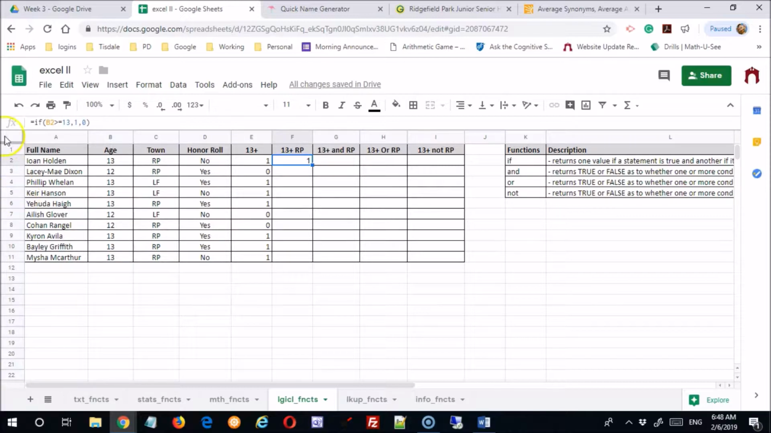So basically what I want to say is it's not good enough that you're 13, but you have to be 13 and from this town, RP. So if you're 13 right now, you get the 1. But we want to do another check, so I'm going to highlight that 1 because I'm going to substitute another if statement in there. If, I'll open and close the brackets there, so I'll set myself all up. If